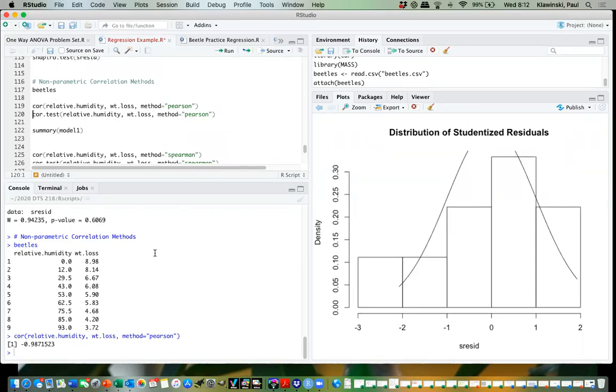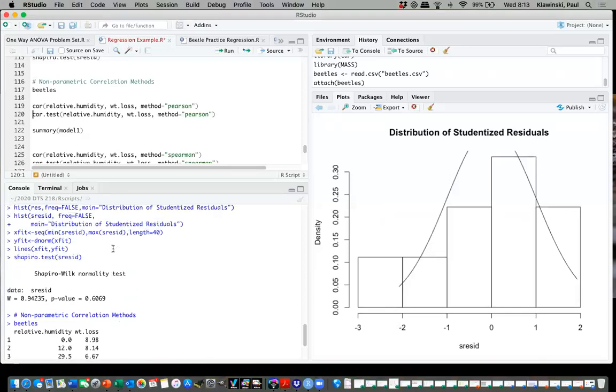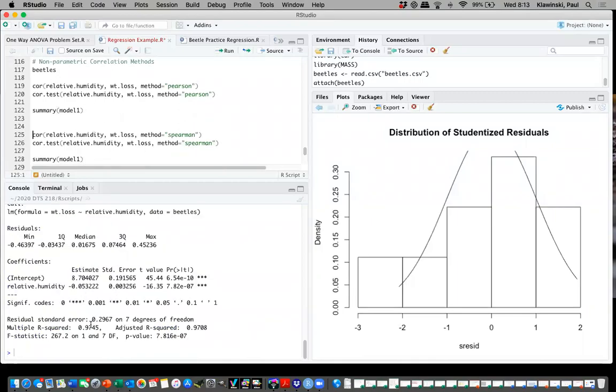So if we take that value, negative 0.9875 7.9871523, and square it, we get 0.97446966, which is, when we look at the summary from the other one, we see that the